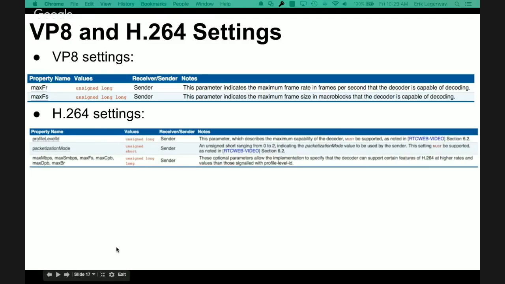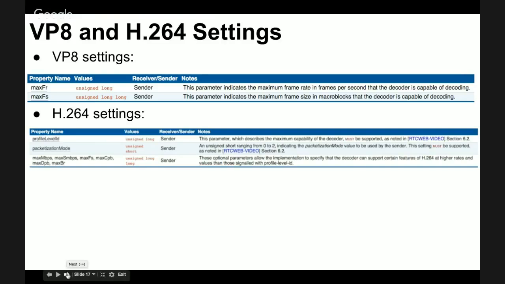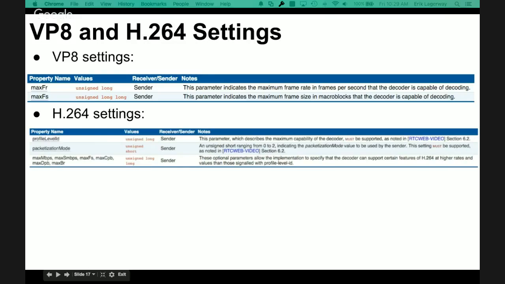I think it does. So basically, these would be clamps that if a track came in that was bigger than this, we would then squash it down to fit this? Well, the way I think about it is, say you're an answerer and you got an offer with a MaxFR and MaxFS. That's saying this is the maximum my decoder can do. The presumption here is the sender will then conform to what that decoder said its limitations were. I guess that was my interpretation of the meaning of that offer/answer exchange. Does that make sense? Sure, sure.